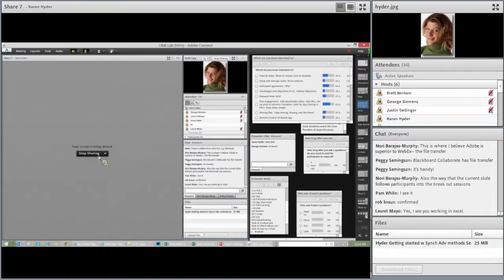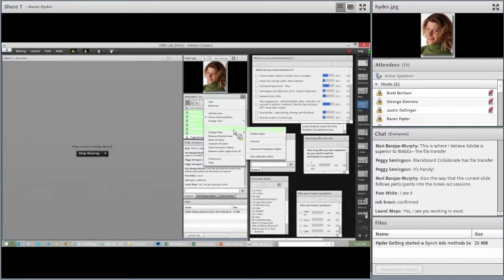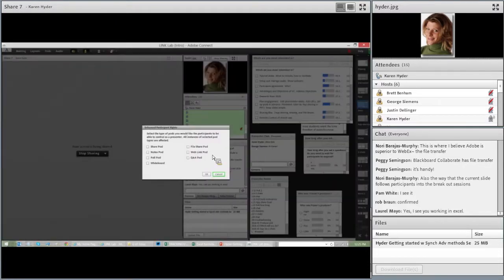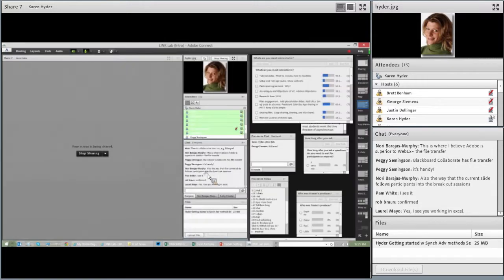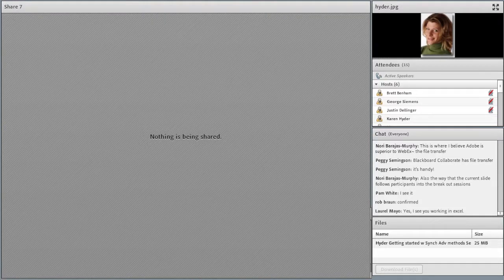Okay. While I'm in this environment, I may as well show you that I can also give participants specific controls. Let's say I wanted these participants to have access to drawing tools. I can go in and change the enhanced participant rights and say I'm going to give you whiteboard privileges, or I'm going to give you share pod privileges. And that way you can use those pods the same way I do. So I've given a handful of participants additional rights,